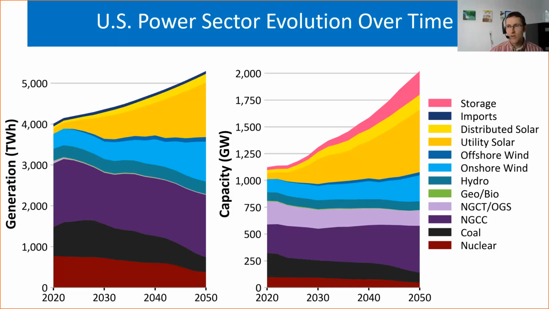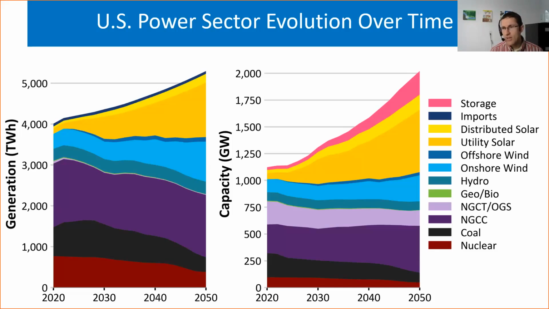And so this is what comes out. We've aggregated things here. There's a lot more resolution in terms of regional specificity and technology types than what's here, but for convenience, I've aggregated those. Generally, you see a system evolving from today's about 20% renewable energy to a system in 2050 that's approximately 55% renewable energy on a generation basis.